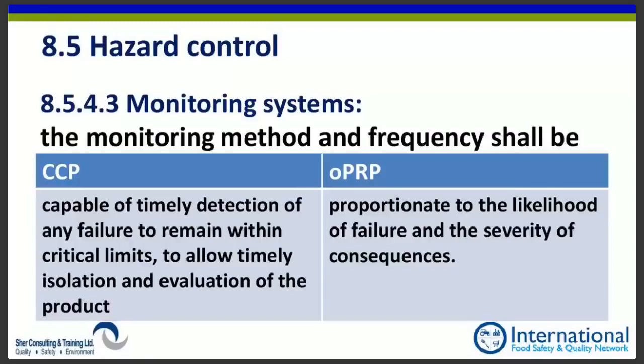Let me give you an example. Let's say I have my glass control. We will not watch our lamps every day. They're always intact. Don't worry about it. If one breaks, we'll find out. So we'll do it at the end of the day. At the end of the day, during cleanup, we have a checklist. We'll look to see that all our lamps are intact. If any is broken, we'll deal with it because they're not directly above the product. And that's why we're doing it once a day. That's why we chose our frequency. I would prefer, and if it were my plant, I would treat an OPRP just like a CCP when I talk about the frequency of monitoring.